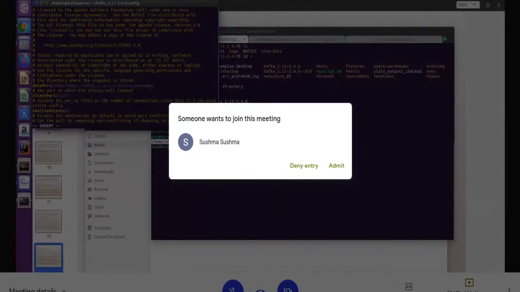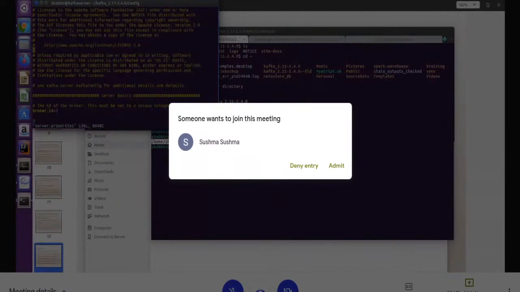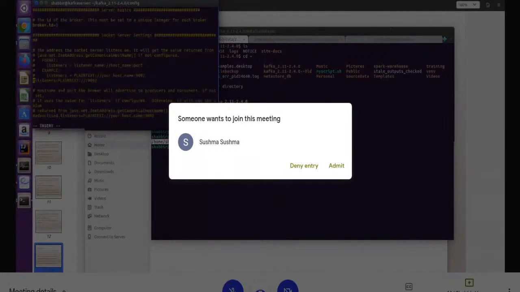Port number, leave it, the default port number is 2181. Now the server.properties file. Leave the broker ID like this. Localhost 9092.